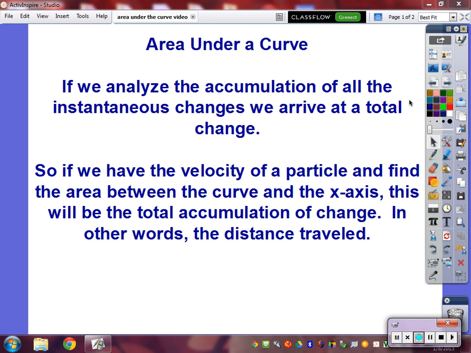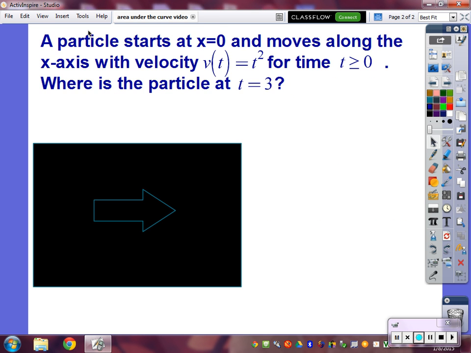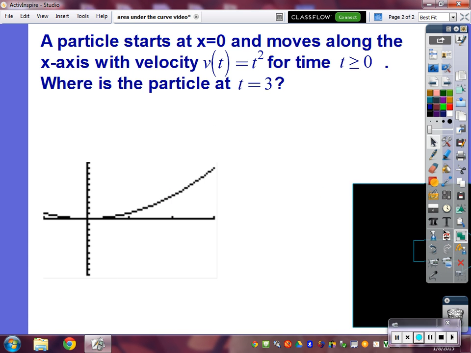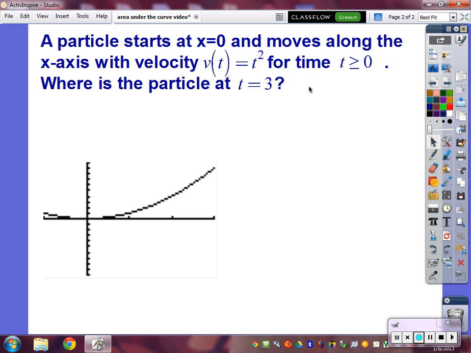And so to put this into the context of a problem, we have a particle starting at x equals 0, and it moves along the x-axis with the velocity v of t equals t squared for t greater than or equal to 0. Where is the particle at t equals 3? So the idea is, if I graph my function on this given interval from 0 to 3, and I can calculate the area between the function and the x-axis, that area represents the total distance, the total accumulation of the